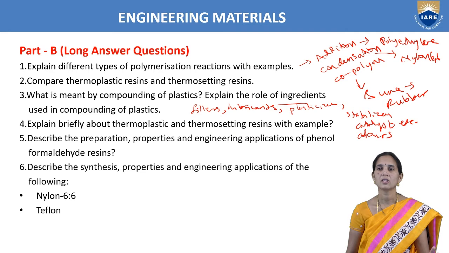Okay, and next engineering applications of Teflon. So that properties will be, it is very strong and tough polymer. So temperature we can use up to 350 degrees centigrade. It will be very resistant polymer. It is resistant to chemicals and atmospheric conditions. So that are the properties. Applications means we can take non-stick pans, and burettes, that is also prepared by the Teflon.